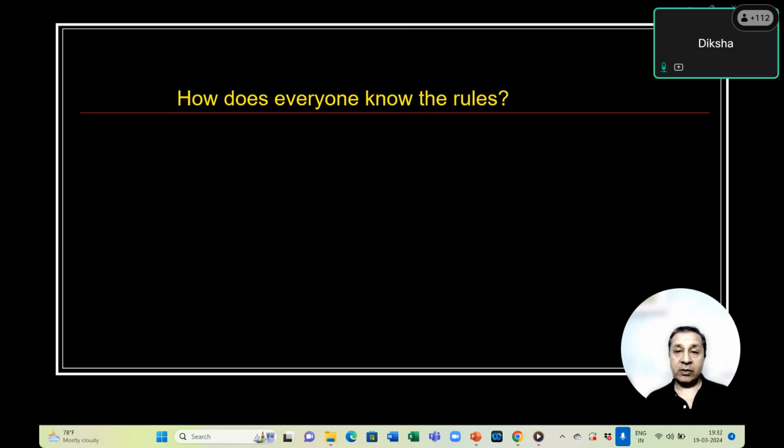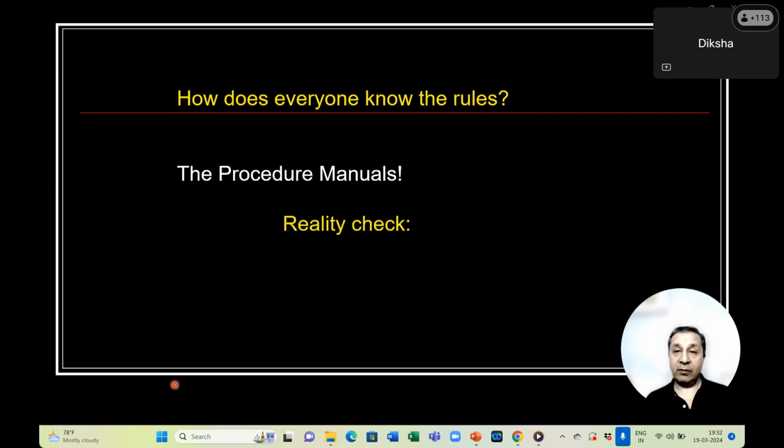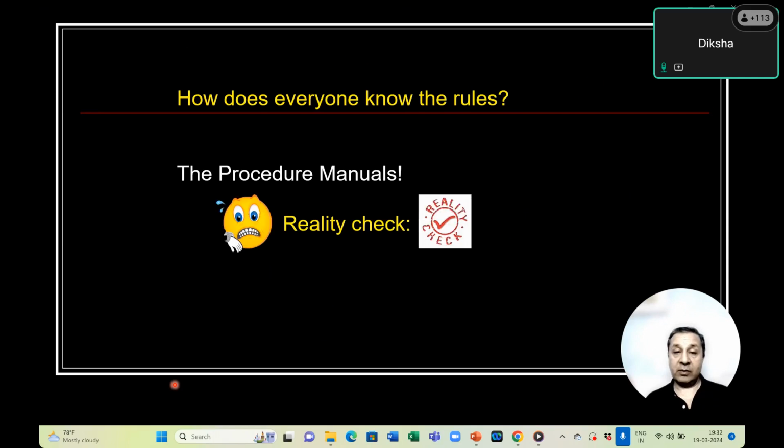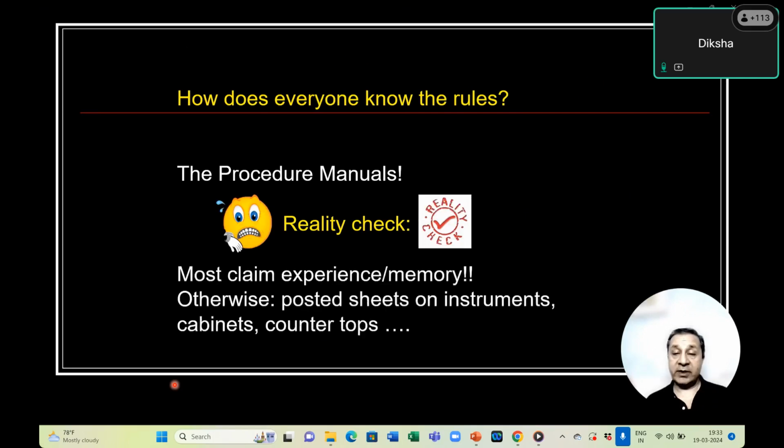So how does one know the rules? In fact, this was a question asked during our assessment by the assessor. Most of the time people would say procedure manuals, but in reality, what does one come across? One comes across the fact that a lot of people just claim that most of the rules they follow are in their memory, and sometimes others say that it's posted on the instruments, cabinets, or countertops. But in all practical reality, rules will need to be defined